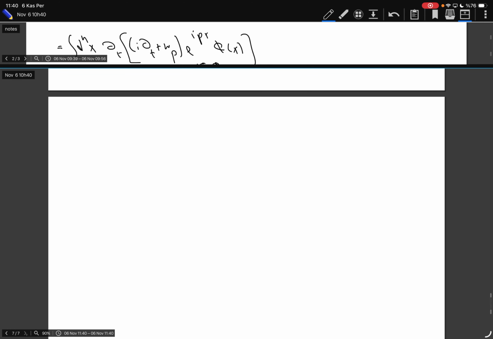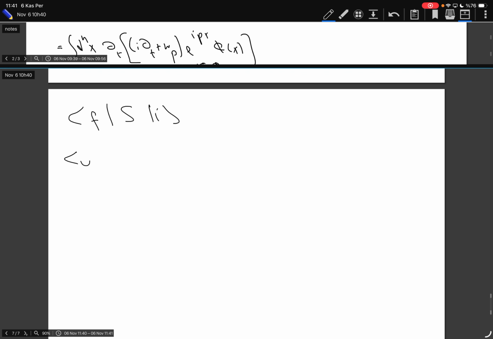Okay, so what we are trying to calculate. We have the initial state, we have the evolution operator, we have the final state. And this S matrix element, we could relate it to some time-ordered product exponentials, etc. And then we said that, okay, the initial and final state, I can write it in terms of some annihilation creation operators. And so eventually I will end up having some operators of this form,